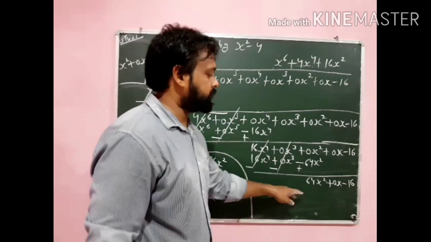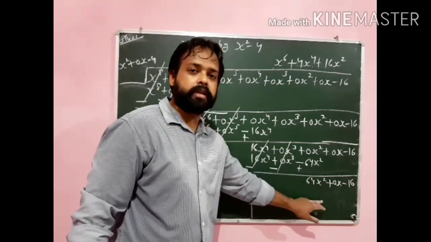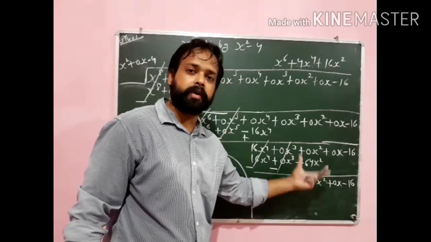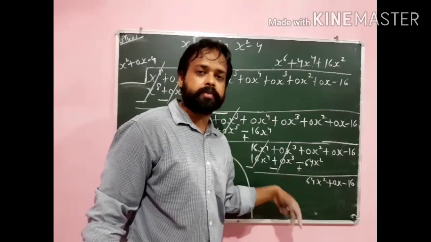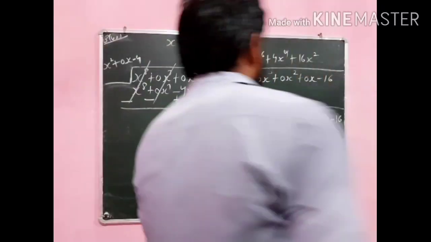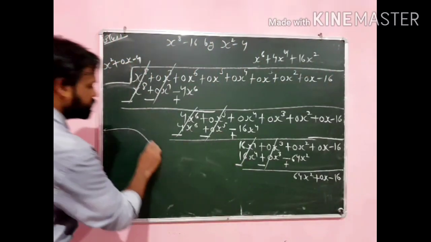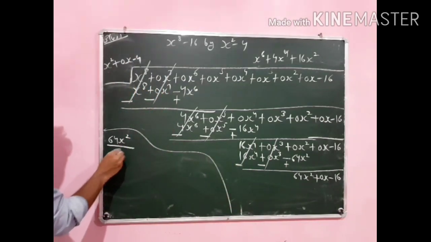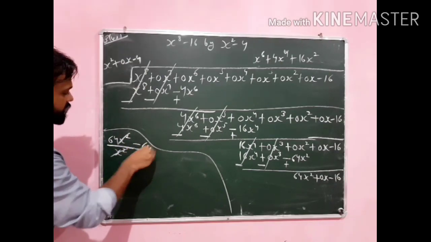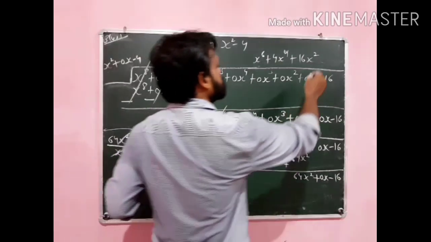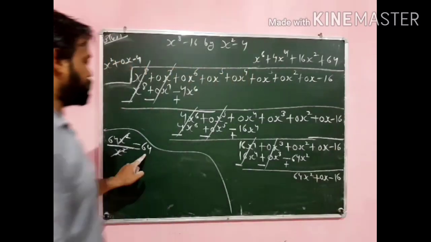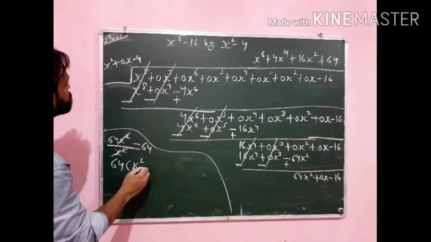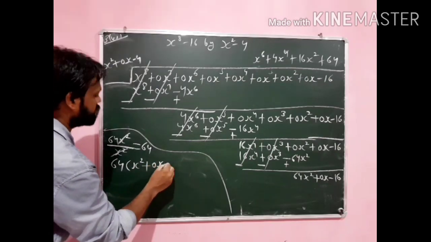Okay, now this is the last step. When I solve this, after this step it will be complete. Do the last step also by following the same criteria. The same steps you have to apply here. Okay, now do the last step. Again, the 64x square is divided by this x square. So both x square and x square are cancelled and we get 64. So write down this 64 here, and the next step is we have to multiply this 64 with this term, x square plus 0x minus 4.